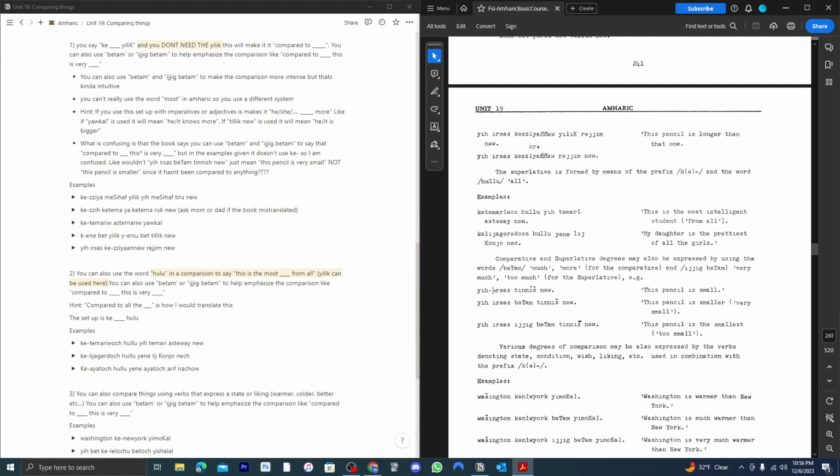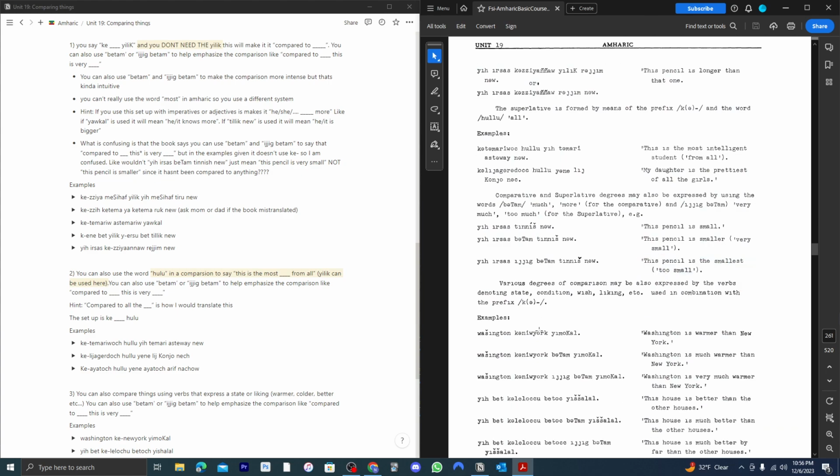Like you hear says tinishno, you hear says batam tinishno. This isn't compared to anything. There's no comparative. It's just this would be like this is a very small pencil, and ejigbatam is like even more emphasis, like a super small pencil, but this is like saying it's the smallest pencil. So anyway,